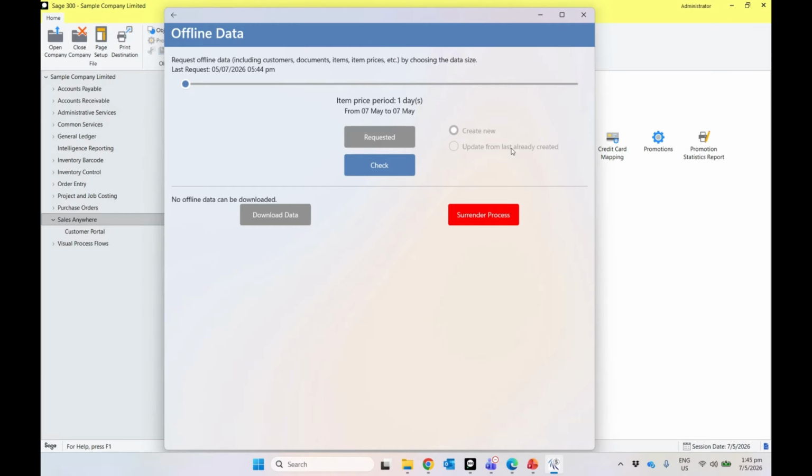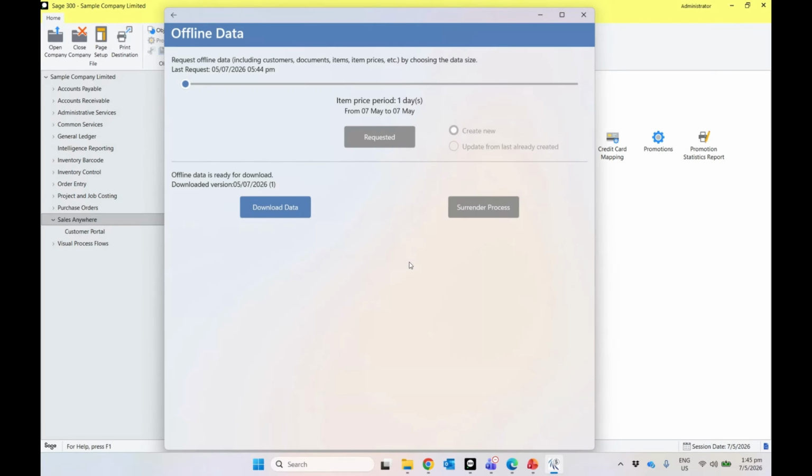So if I have a team of 10 salesmen, the moment one of them has generated a data set, assuming it's the same offline group, just to be very clear, I can just get it, update, and get the difference. So this is now okay, fully generated. I can download the data to my device